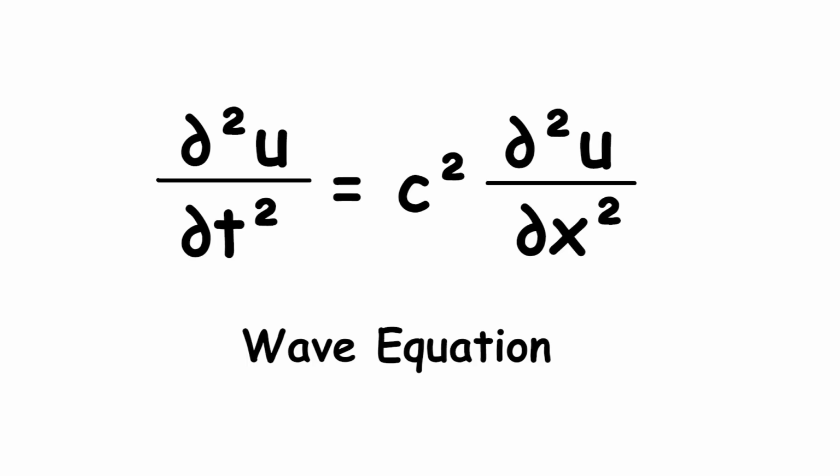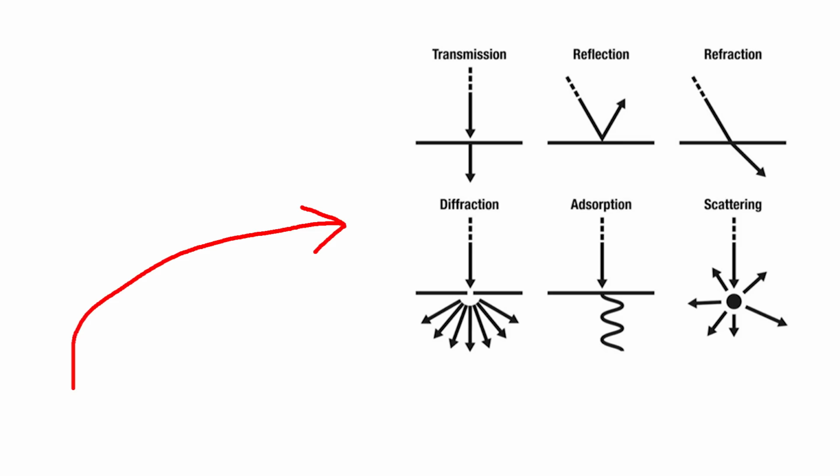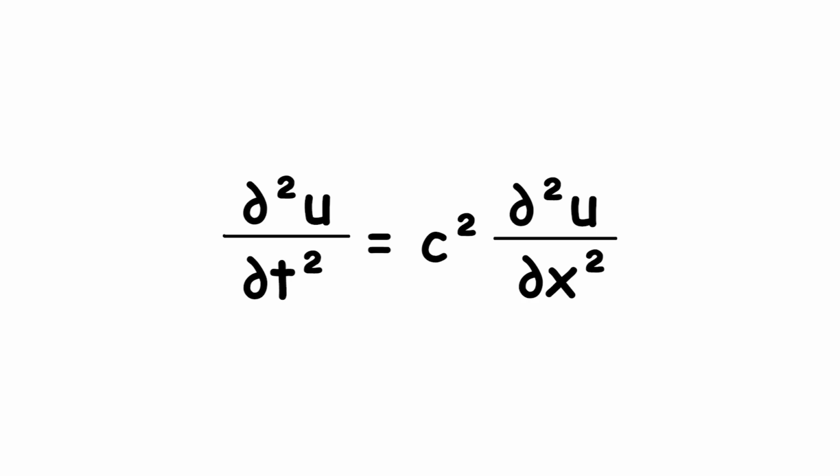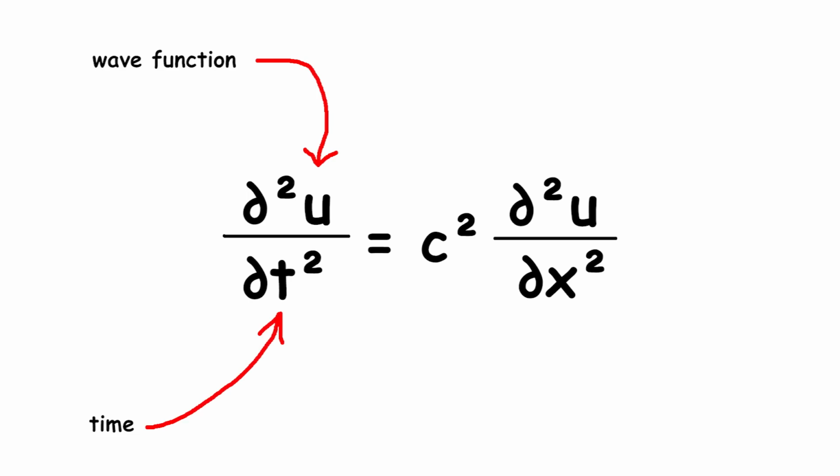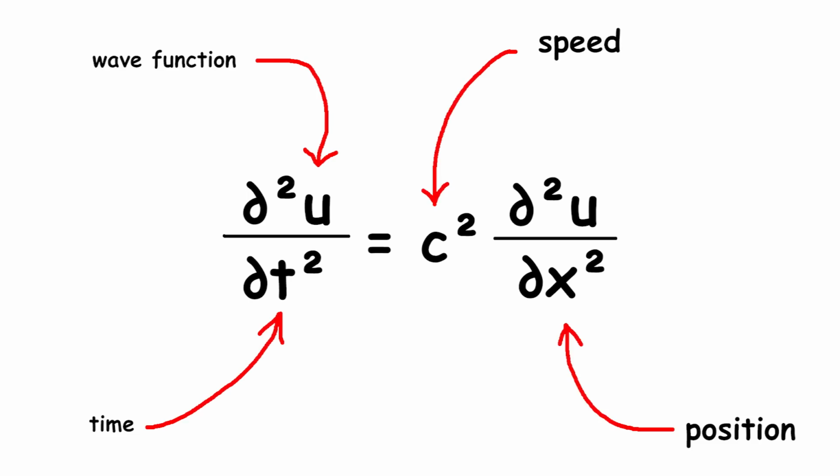Wave equation. The wave equation is a mathematical formula that describes how waves behave. It shows how the shape of a wave changes over time, and the equation looks like this, where u is a wave function or the shape of the wave, t is time, x is position, and c is the speed of the wave. The equation says that the rate of change of the wave shape with respect to time is equal to the wave speed squared times the rate of change of the wave shape with respect to position. In other words, it shows how the wave shape at one moment determines how it will change in the next